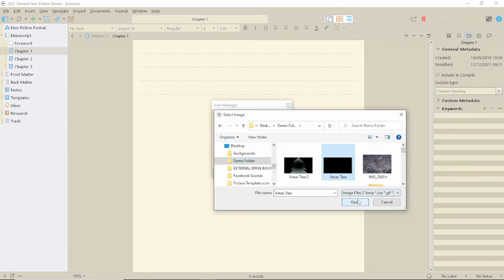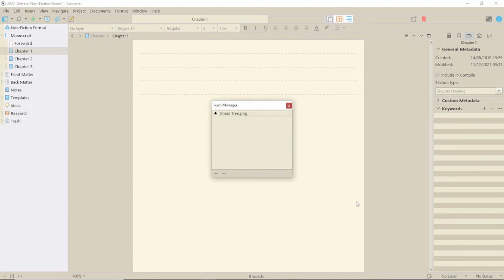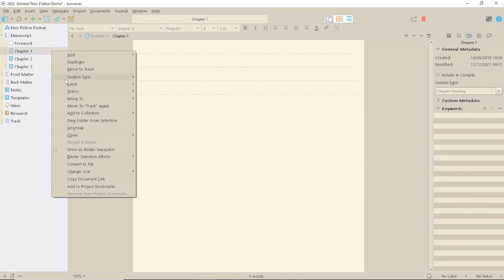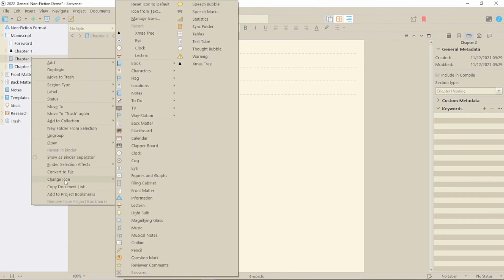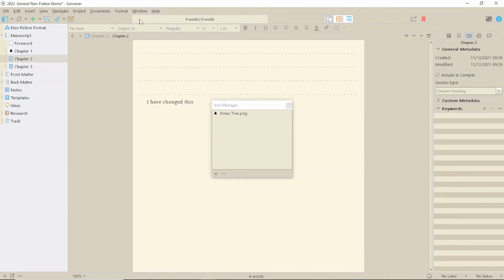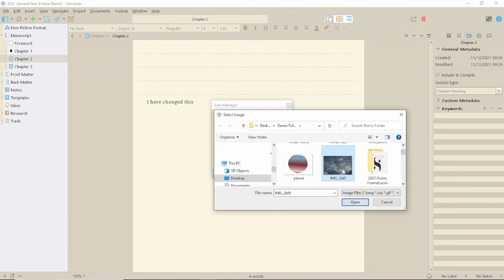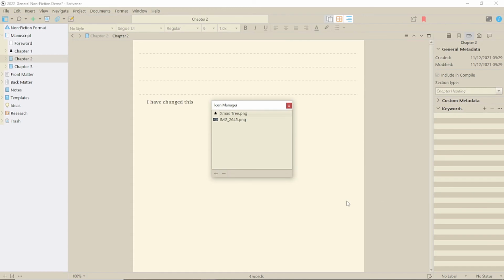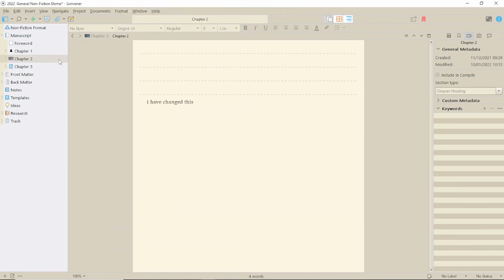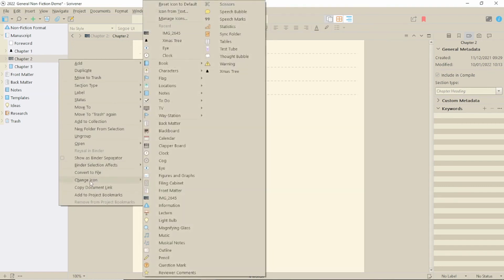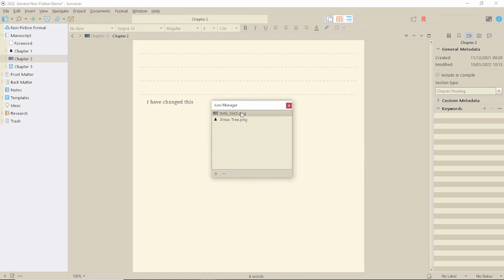This will look much better if you use a PNG file with a shape other than a rectangle to start with. But a JPEG will work and will be converted to a PNG when you add it. If you decide to delete an icon, your file or folder will revert to its original form.